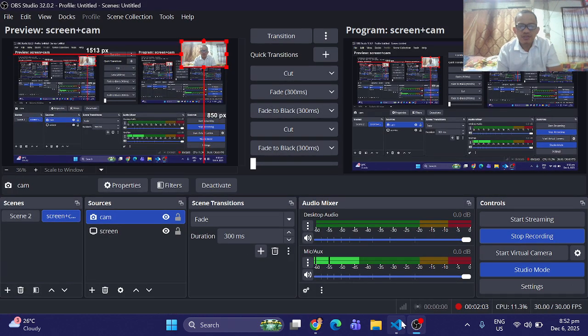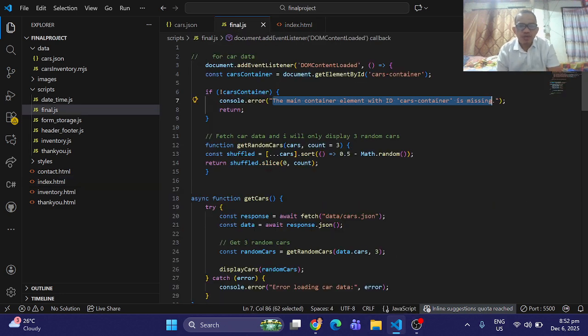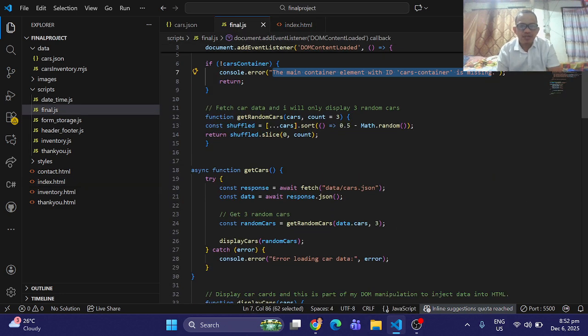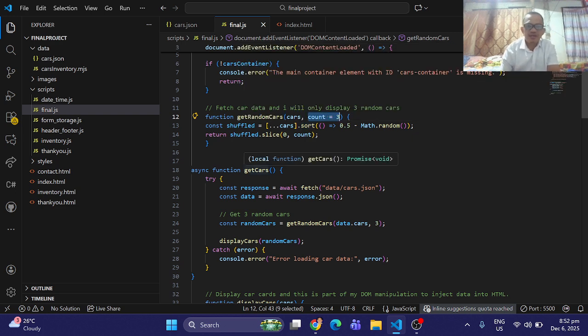Okay. So I also have a function to get random cars from the JSON file with a count of 3. I am only extracting 3 random cars or objects from the JSON file, using the slice method from the index of 0.